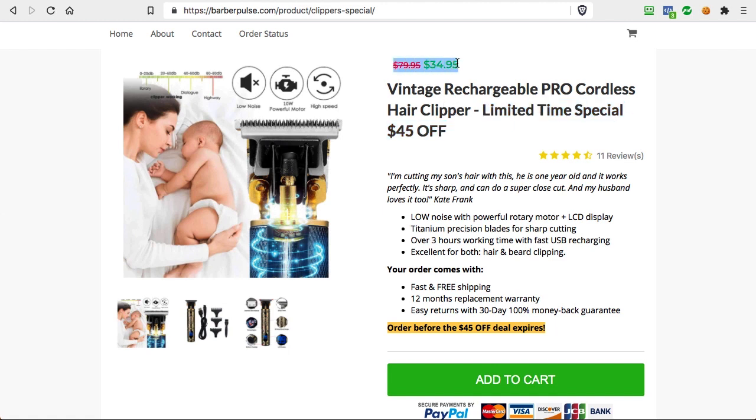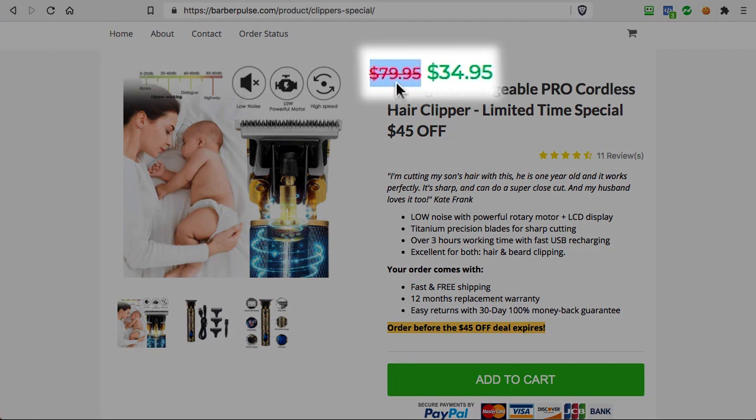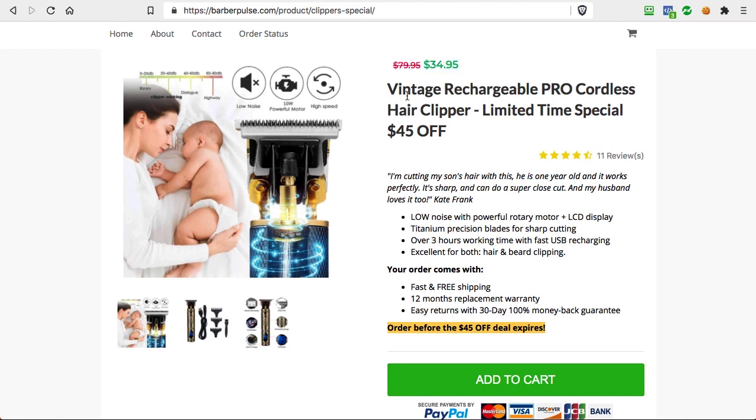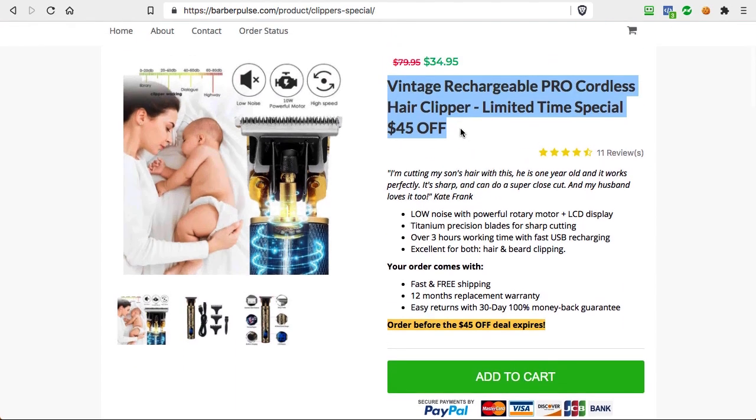And that's why we have the price comparison on the page, where you have kind of the regular price. So in this case, it's $79.95. It's a regular price, right? And then we have $34.95, which is this limited time special $45 off price. So we right away show that this is something special, and this is how you can hook people in when they come to your page. And this is really the first product page optimization hack that can help you to get people further down the page up to the add to cart button and so on and so forth, right?